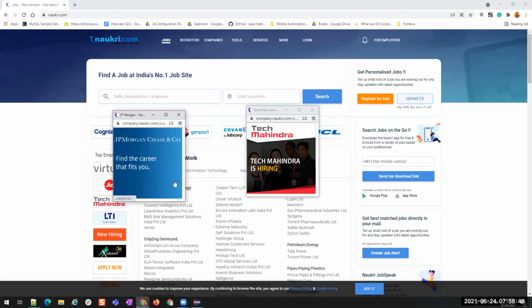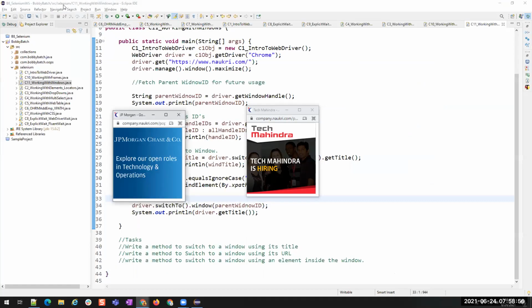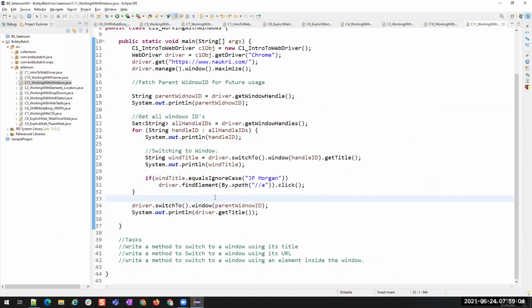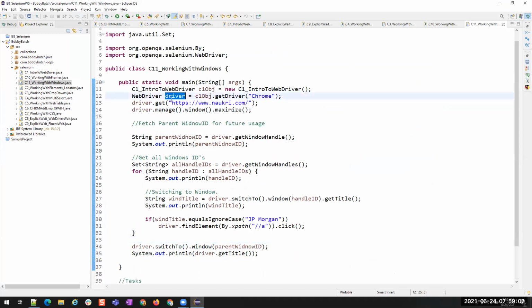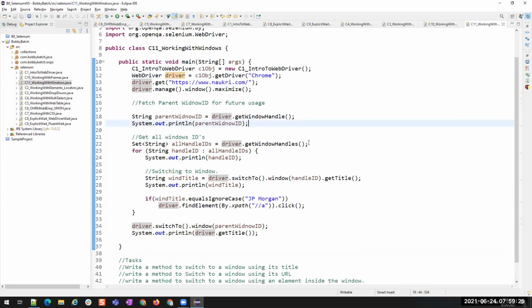Now, when I say driver.close on whatever the window, suppose I'm on the main window, only this will be closed and these will still remain. But if I say driver.quit, everything which is opened by that particular driver object, that means when I say driver.get, this is opening all the three small windows, right? When I say driver.quit, it is going to kill this driver object. That means whatever windows we opened using this driver object, all the windows will be closed. That is the major difference between driver.close and driver.quit.